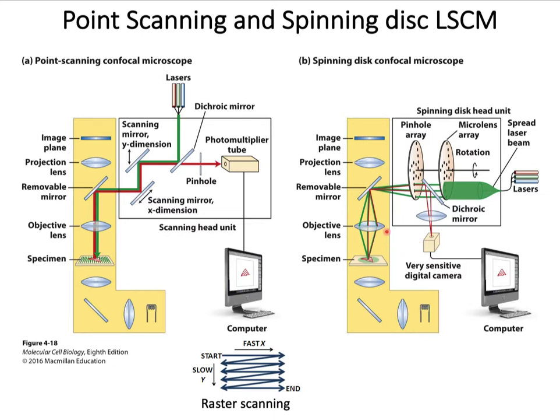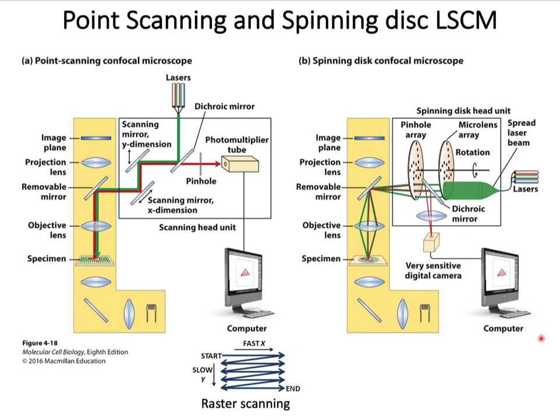The fluorescence emitted from all these points passes back through the objective lens and through the holes in the spinning disk and is then bounced off a dichroic mirror into the sensitive digital camera. The pinholes in the disc are arranged so that as it spins, it rapidly illuminates all parts of the specimen several times. As the disc spins at about 3000 RPM, very fast dynamic events in the live cells can be